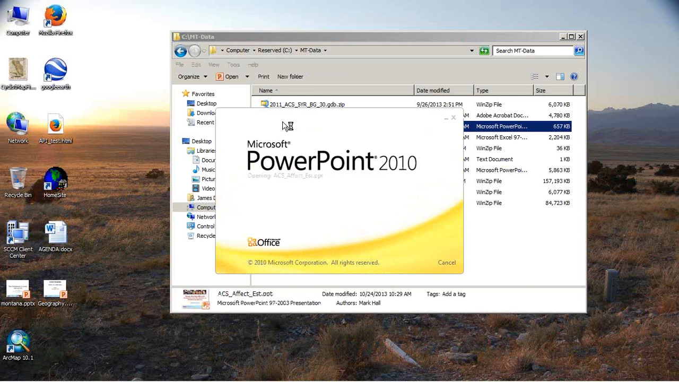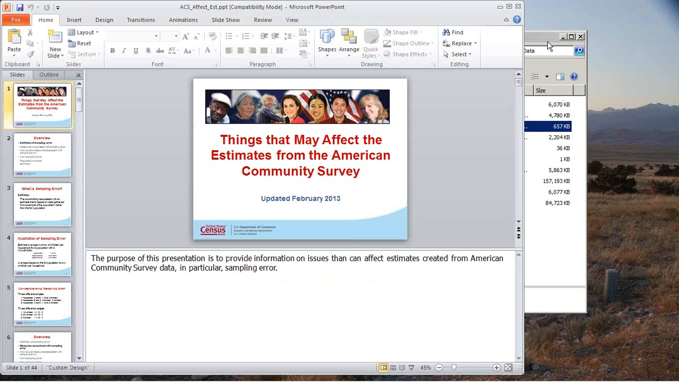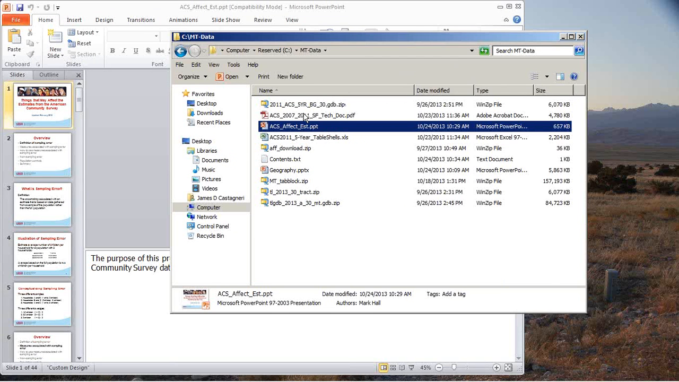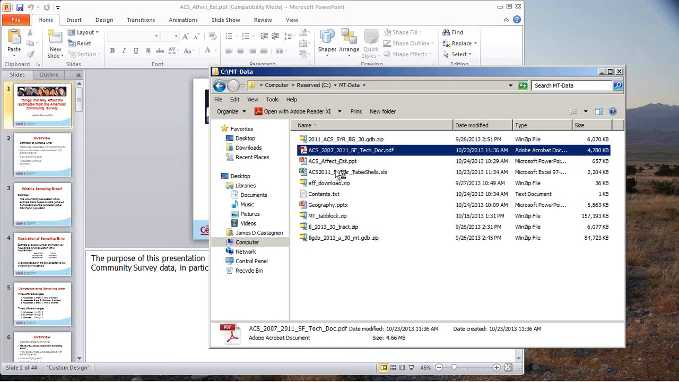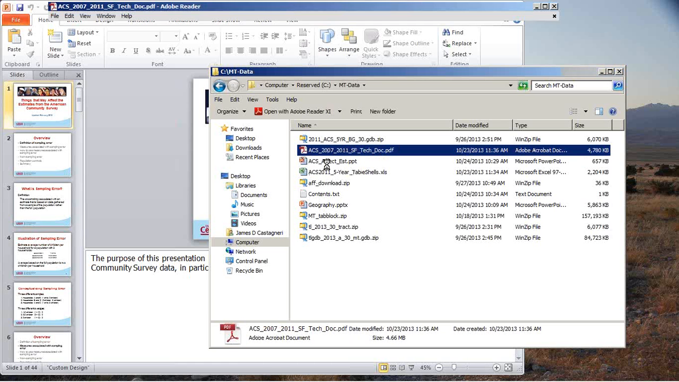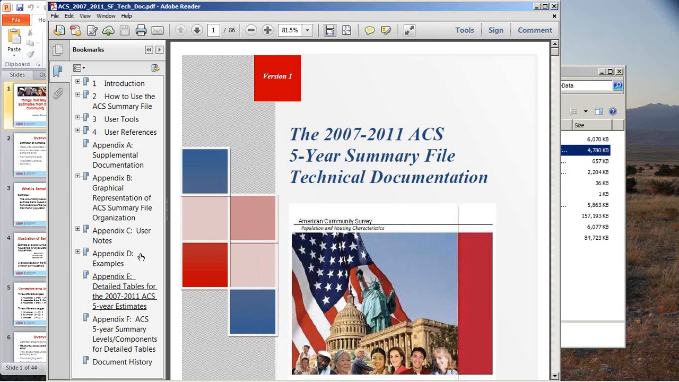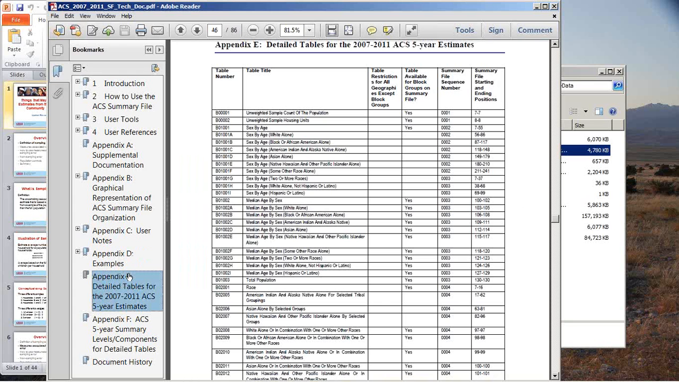So I actually went to, well, there's a couple of things I want to show you. A couple of files that are both on the disk and on the laptops that you should be aware of. One is the ACS 5-year tech docs. It's a PDF file. And there is an appendix. I believe it's E. Yes. Appendix E lists all of the variables and their title, definitions, and whether or not they're available at the block